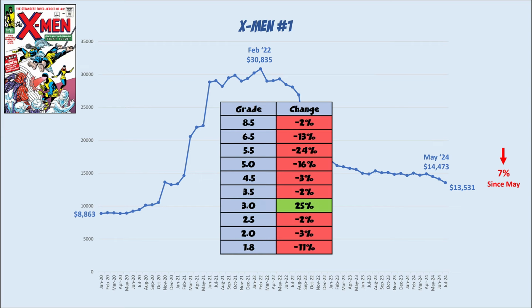So this kind of says it all, doesn't it? A lot of movement on this book, meaning a lot of books are being sold. And I think people are worried about the prices dropping on this book, and they want to try and make whatever money they can right now. And you can see almost everything is red, with the exception of the 3.0. Everything's dropping, even the